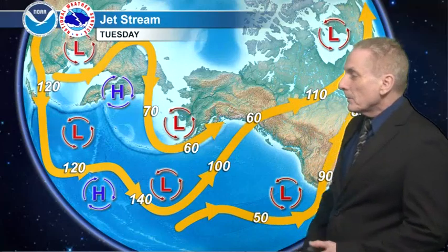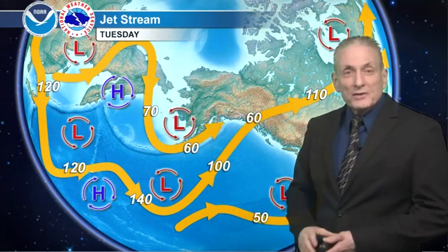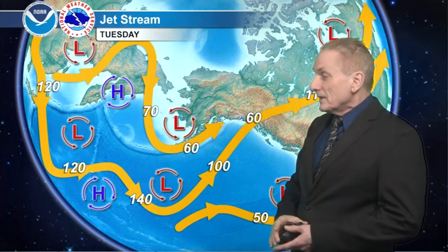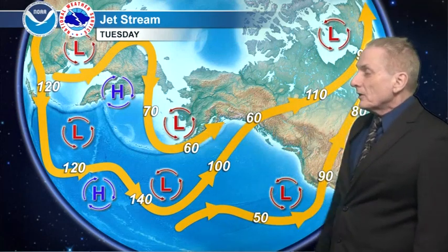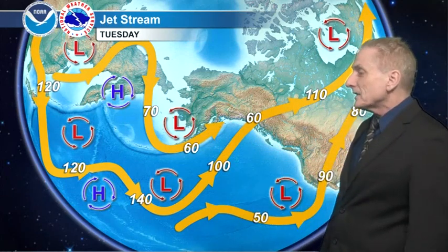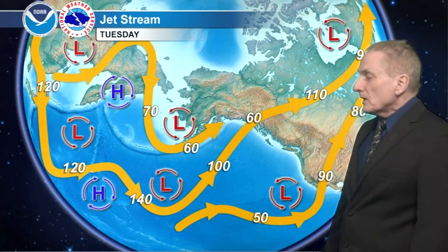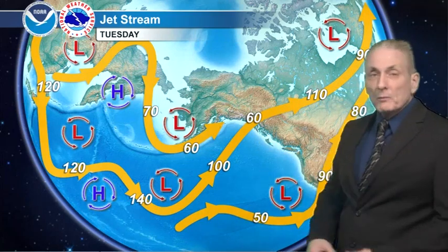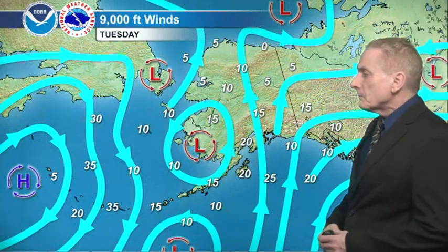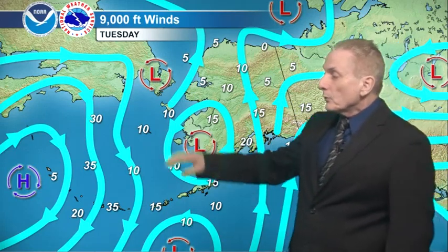Looking at the jet stream, upper level low, cold upper level low. The same one that brought the snow to the Kuskokwim Delta coast this morning, still out there tomorrow morning, and some of that colder air aloft slips into south central Alaska, ridging, holding back out to the west there, and the main Pacific jet well to the south, kind of splitting one branch coming up only at 60 knots into the panhandle. 9,000 feet, high pressure at this elevation out there southwest or south of Shimia, northerly flow, maybe up